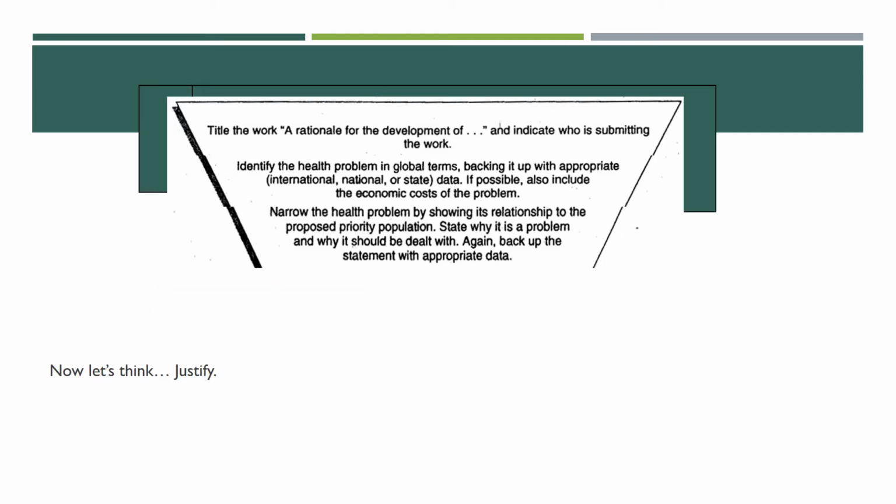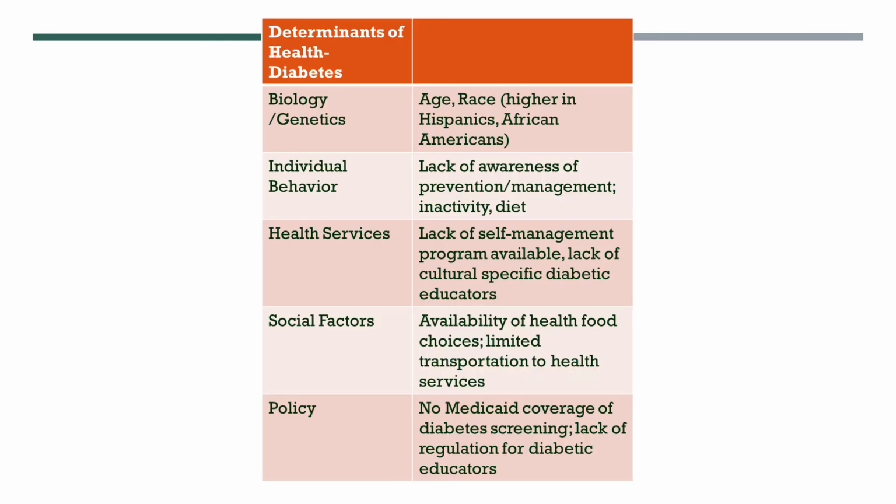Now it's time to justify. You need to do some critical thinking. Using the health issue profile you created, you now need to make the case as to why the health issue is a concern for your specific community. At this point, you want to make a connection to a target group that you will be addressing. This is called the justification of the problem. Remember to go back to those determinants of health like you did in the health issue profile. Tie in